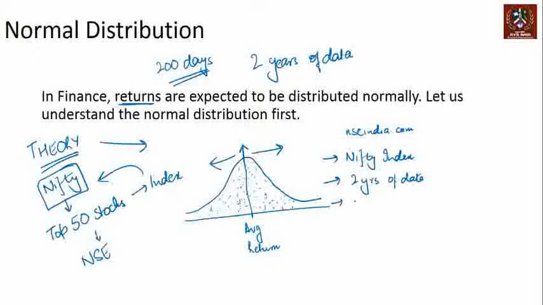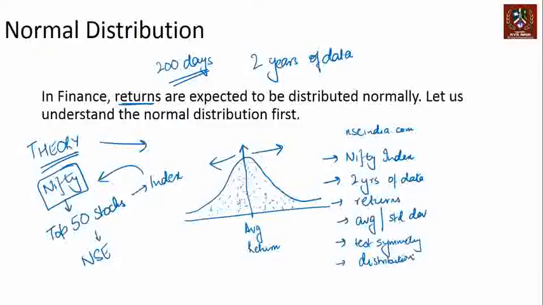You will find the returns, and we'll find out what is the average return and what is the standard deviation of those returns. And then we test the symmetry, and we look at some other data points. So we'll try and find out what is the distribution like, right? So at this stage, we're just going to see and check if the symmetry exists, right? Then we will try